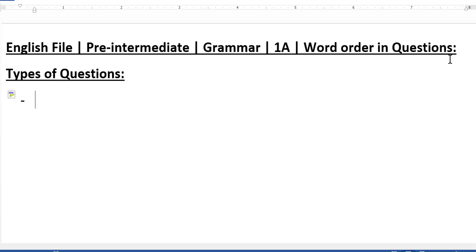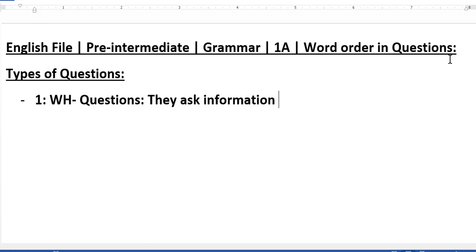Of course, we have 2 types of questions. First, it is WH questions. What are they? WH questions. What do they do? They ask for information. They ask for information about things,